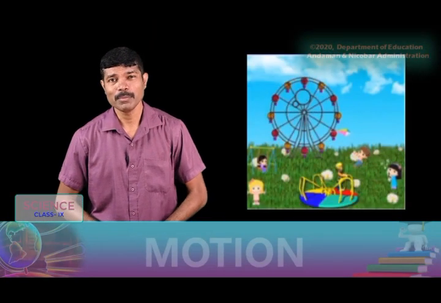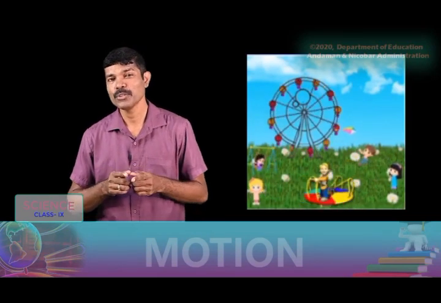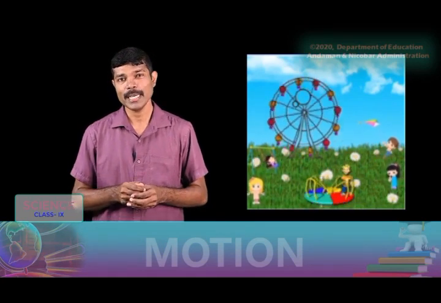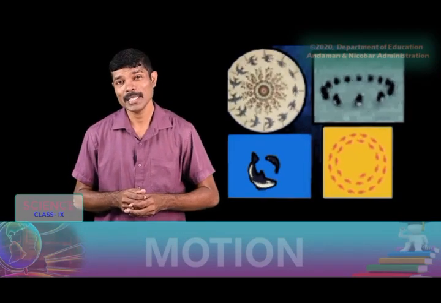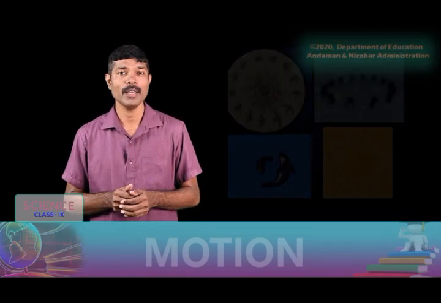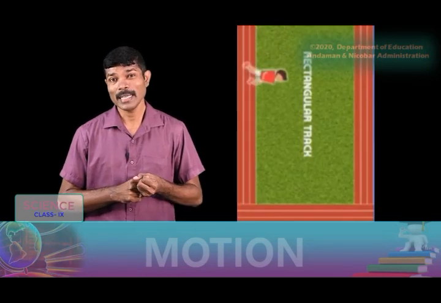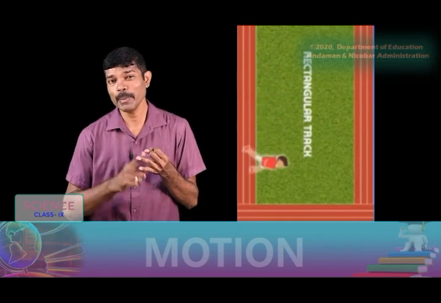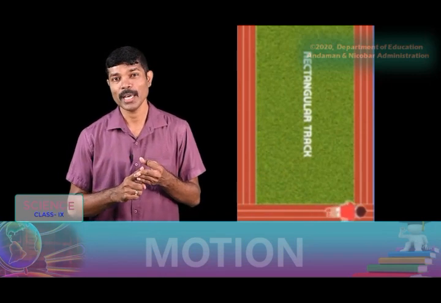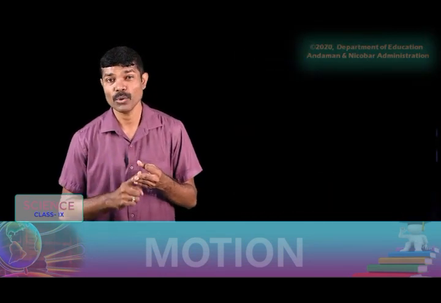Children, when an object is moving along a circular path, then the object needs to change its direction at each interval of time. So we can say that whenever an object is moving in a circular path, the object changes its direction, so the object is continuously accelerating due to the change in the direction of motion. Whenever there is a change in direction or a change in speed of an object observed in a uniform motion, we can call such motion as uniformly accelerating motion.